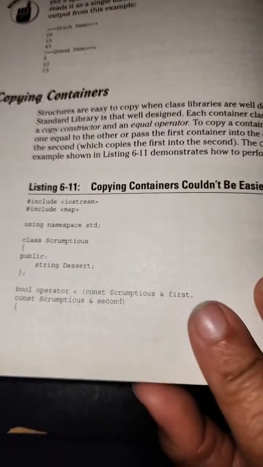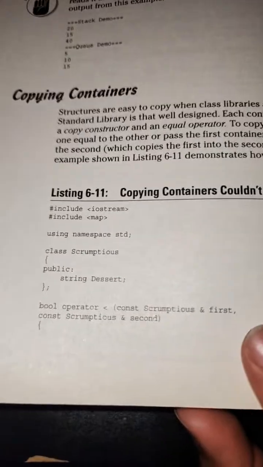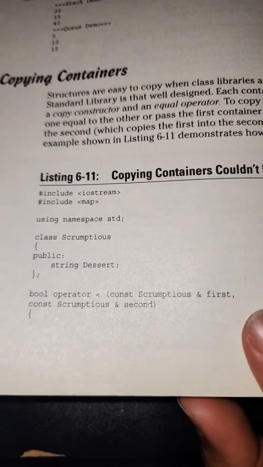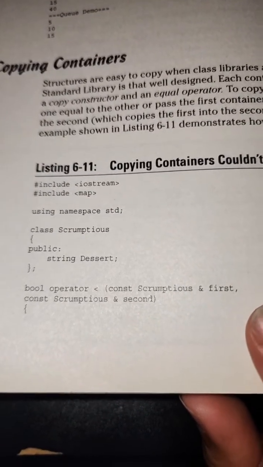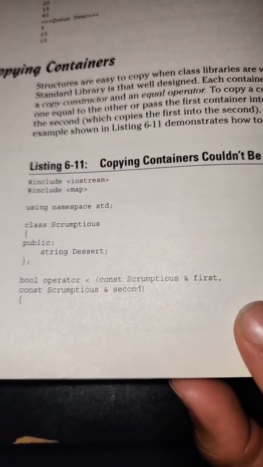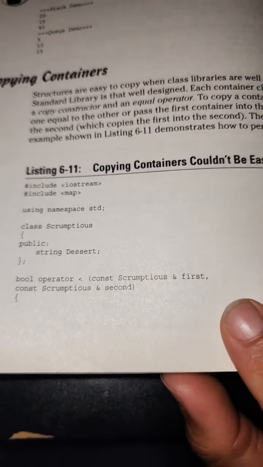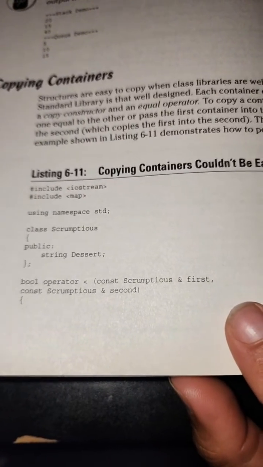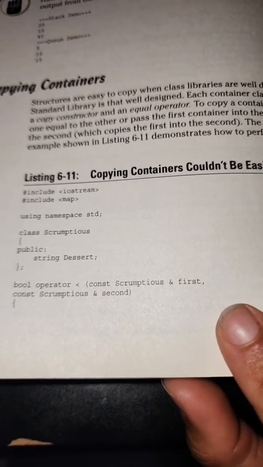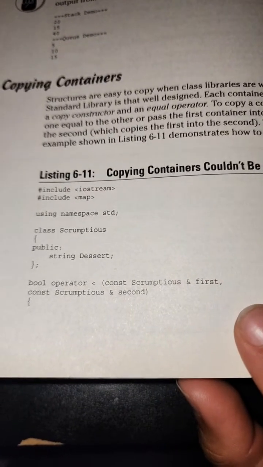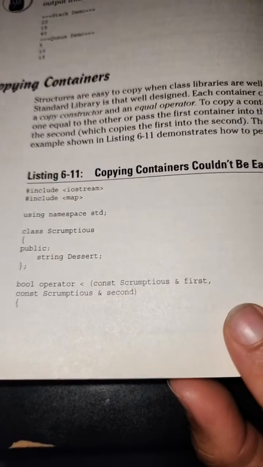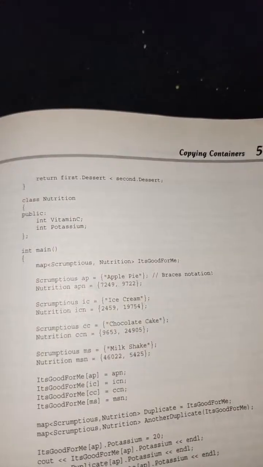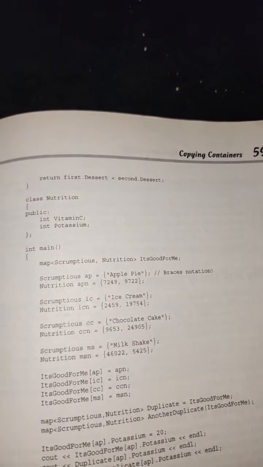Listing 6-11. Copying containers couldn't be easier. #include <map>, using namespace std; class Scrumptious { public: string dessert; bool operator<(const Scrumptious& first, const Scrumptious& second) { return first.dessert < second.dessert; }